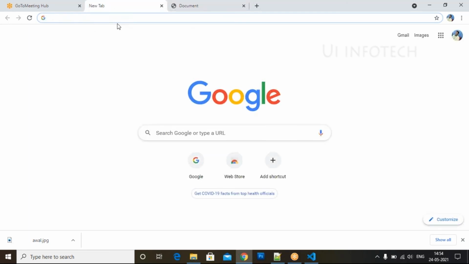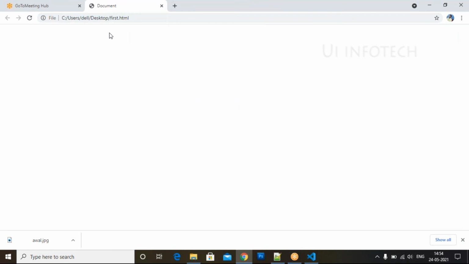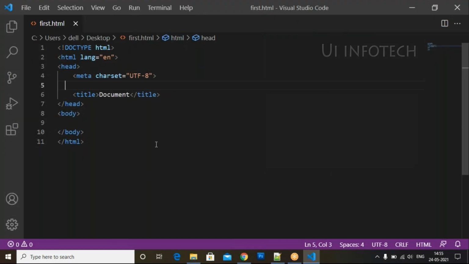Now look at this. We created the program, so this is the first web page. The title appears at the top of the page. If you hover over this, you get this document. So this is the title. The title appears on the top bar itself. That's about the basic structure, Doctype HTML, meta tag, and language tag. In the next video we will see HTML elements and HTML